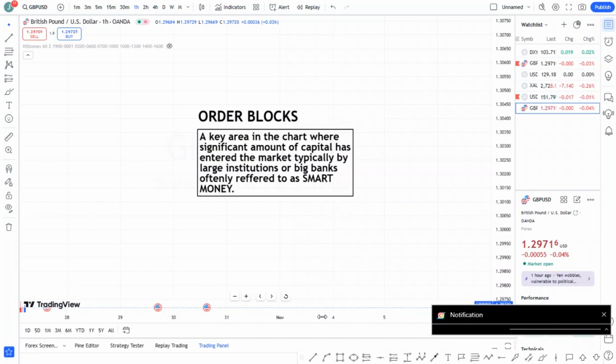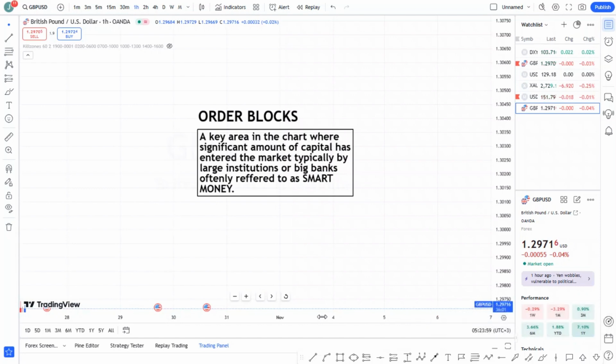So, what is an order block, you may ask? An order block is a key area in the chart where a significant amount of capital has entered the market, typically by large institutions or big banks, often referred to as smart money. As we all know by now,